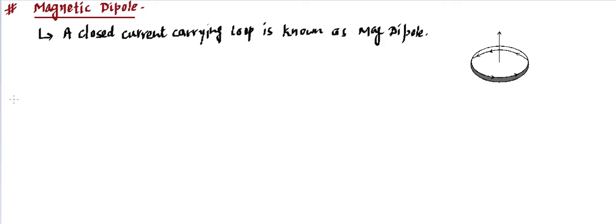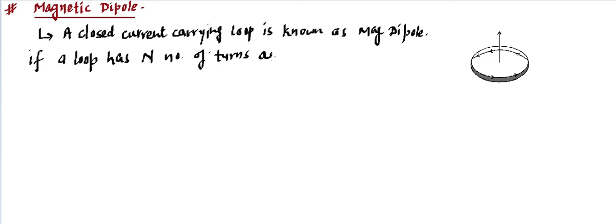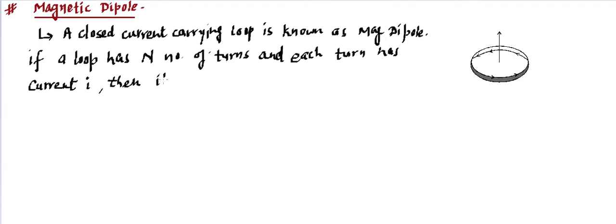So let me write over here: if a loop which carries current has n turns, and each turn has current I, then its magnetic dipole moment is given by,